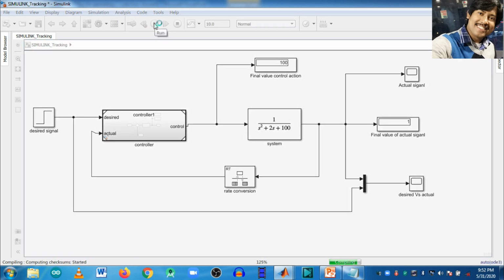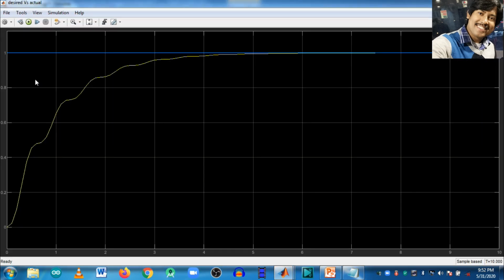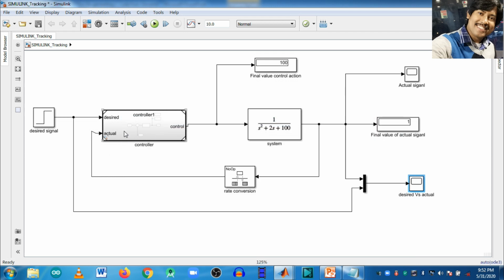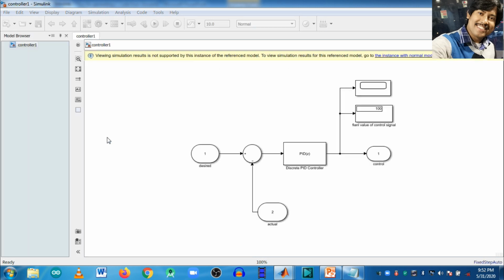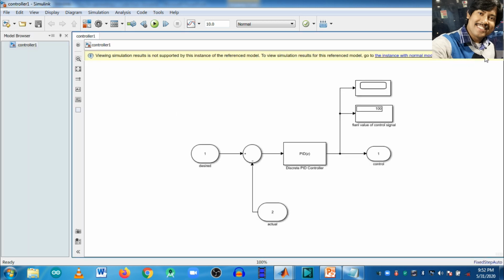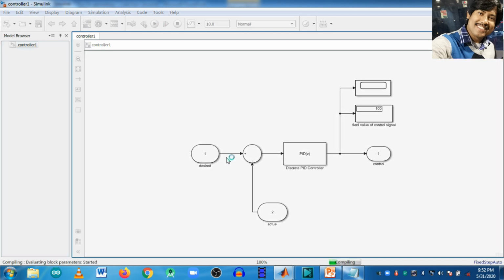Now we have to generate the code. Click here, there is an option. Click here and now see, cross this one. If you run it, the output will be 0. The output of the controller will be 0 because no input is set here. It is an input port: desired signal and actual signal. When we verify, we will apply some input here. I will apply a unit step signal, and we will consider the actual signal equal to 0. Then in that case, what will be the output? We will check it. So now no input is applied.